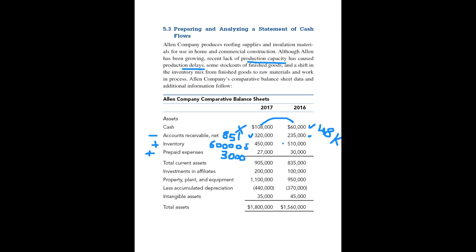Do not consider the total current assets because we have considered each and every item. If you consider the total current assets, it's going to be a duplication. So ignore it. Investment in affiliates has been